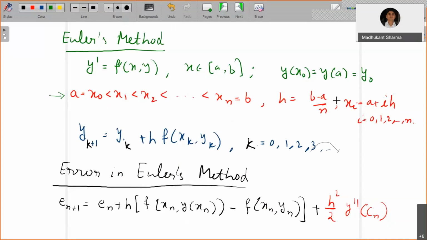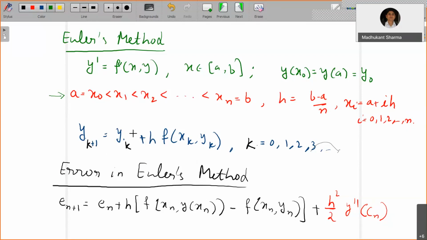The general form of xi is a + ih, where i runs from 0 to n. Then Euler's method was given by